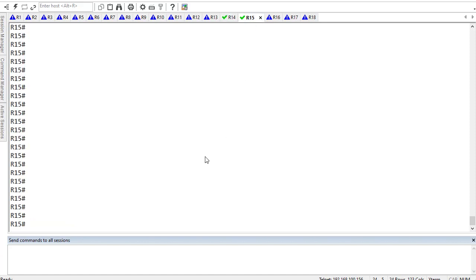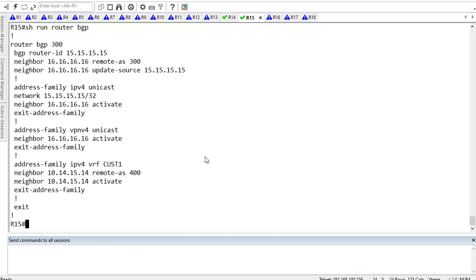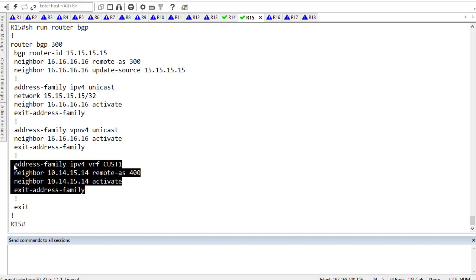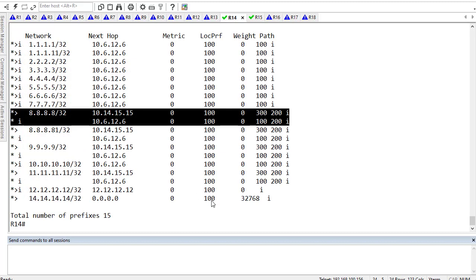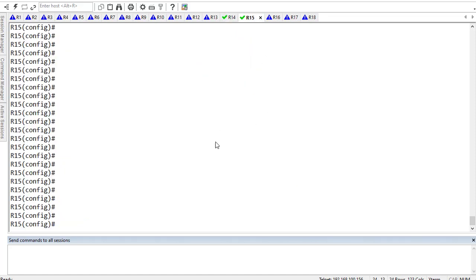Let's go to router 15 and check the running configuration. So run router BGP here. You can see that I have advertised this 15.15.15.15, but this is under the global routing table. And using this global routing table, I'm not adjacent with any other BGP speaker. Under VRF Cust 1, I have not advertised anything. Now what I'm trying to do is go to router 15 and do show